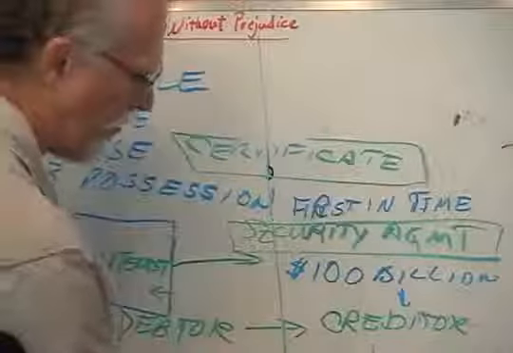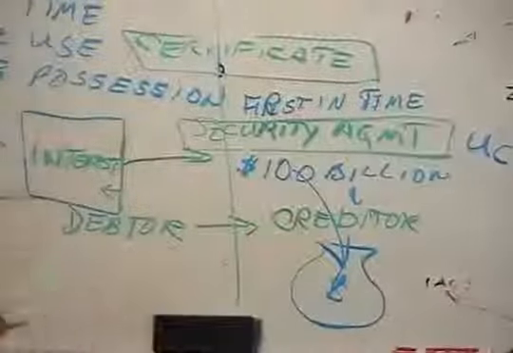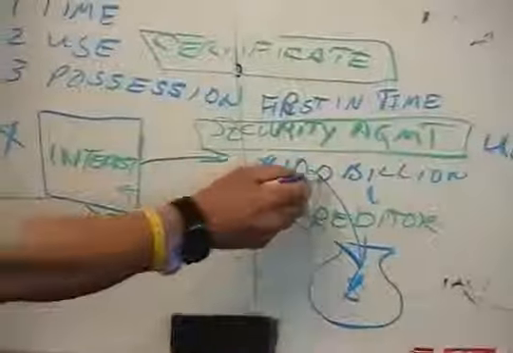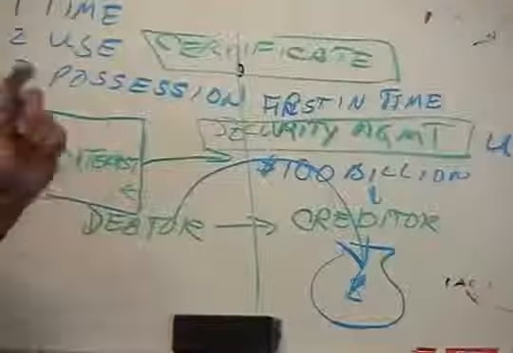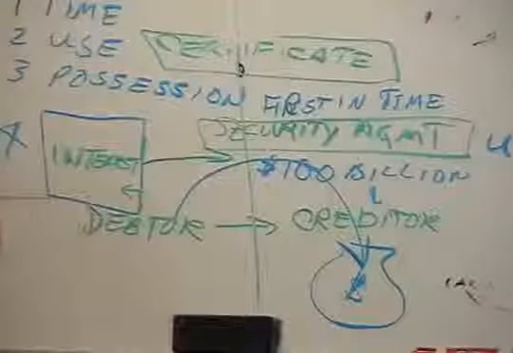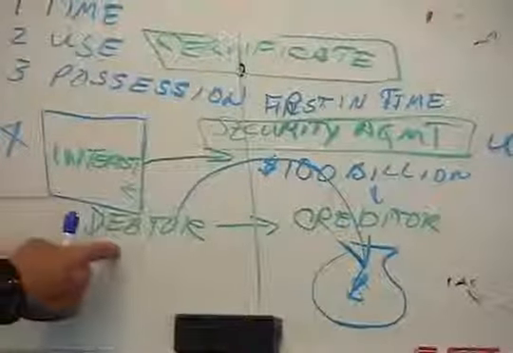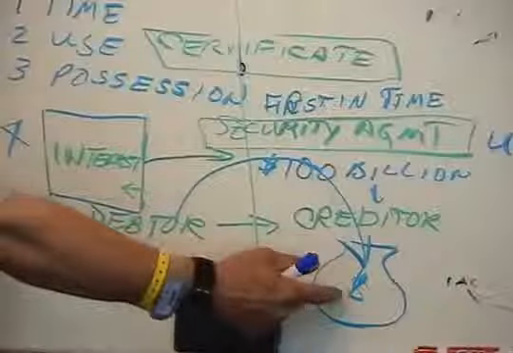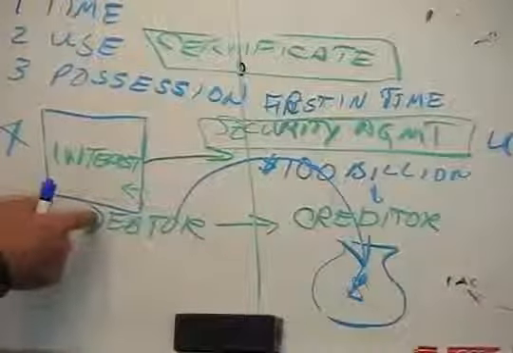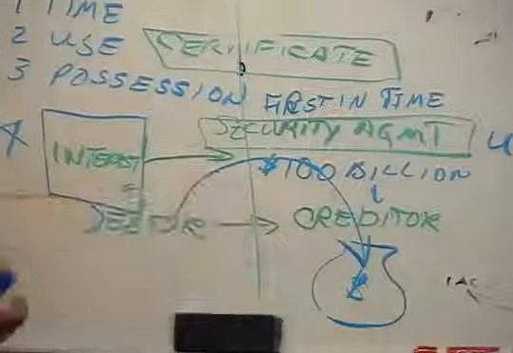And think of it as a big bucket, big sack. Until that debtor fills that bucket, no other creditor can come in and put a lien on that debtor. If he does, he knows he's going to be second in line until that bucket is filled. So until you get your $100 billion from that debtor, he can't make his first penny.